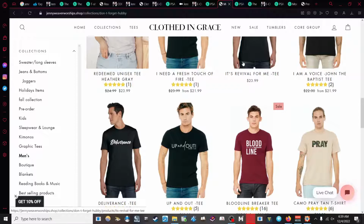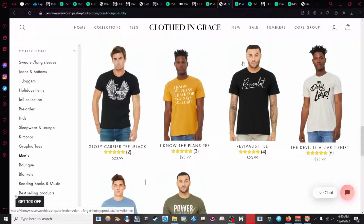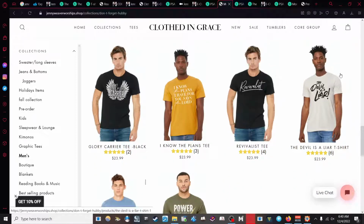You can put Jesus on that shirt. It doesn't change where it was made. Okay, it doesn't change the fact that some little boy in some sweatshop somewhere had to sew or make this shirt. It doesn't change it. Just because you put Jesus on that shirt and you say the devil is a liar, yeah, and the devil is smiling as all the young people over there in those poor countries have to sew that clothing. And if you've looked at Indian people,